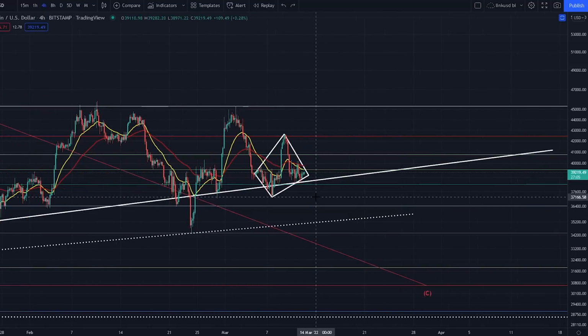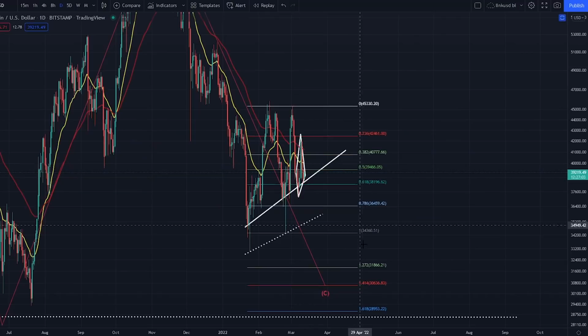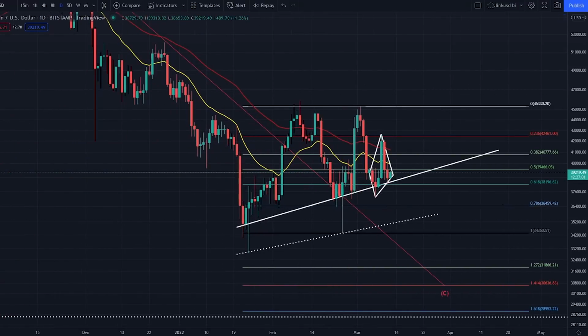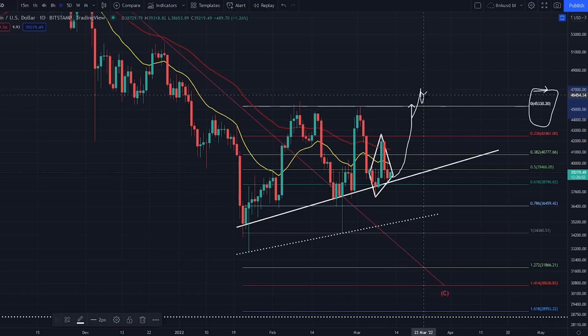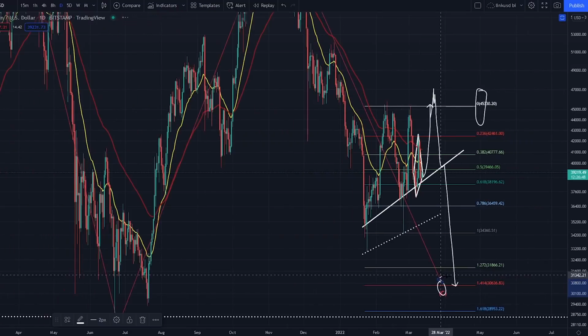Now I do think, like I said to you in yesterday's video, that we're getting some kind of short squeeze here at the moment for Bitcoin. If we take a look on the daily time frame, we're sort of holding this ascending level of support. So I do anticipate that Bitcoin's looking for another retest of this key level of resistance, and a potential little bull trap before we do continue and come down to this C leg target down here that I've got,